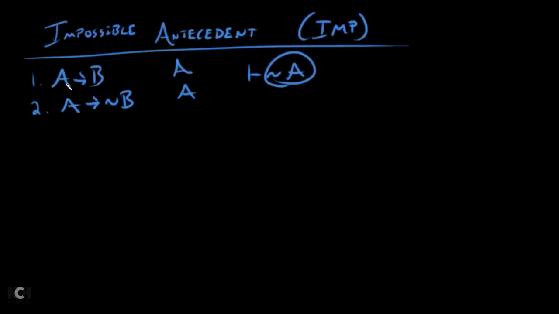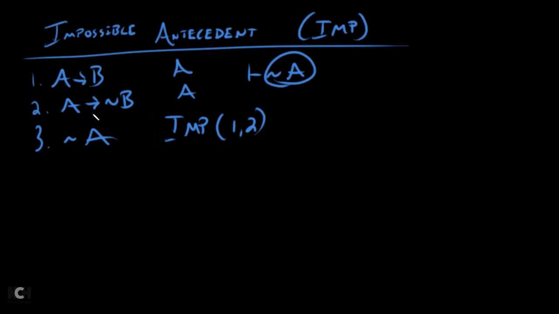So that's why we can say if you've got an arrow, left side of an arrow that's leading to something and the exact opposite, then that left side is not a thing. Impossible antecedent, 1 and 2. Now we know this works because if we did the indirect proof, we'll get the same result. So the short way of saying this is,